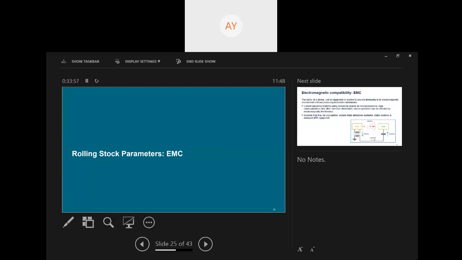Good. So that brings me to the second part of the discussion, and this is physical parameters or physical characteristics. Now the second part was the braking characteristics of rolling stock and how it influences signaling design. And the third and last part is